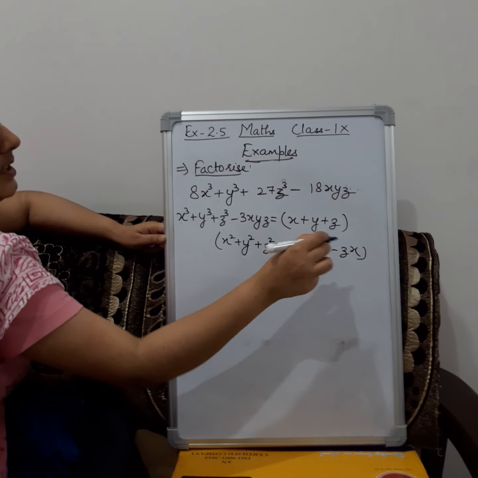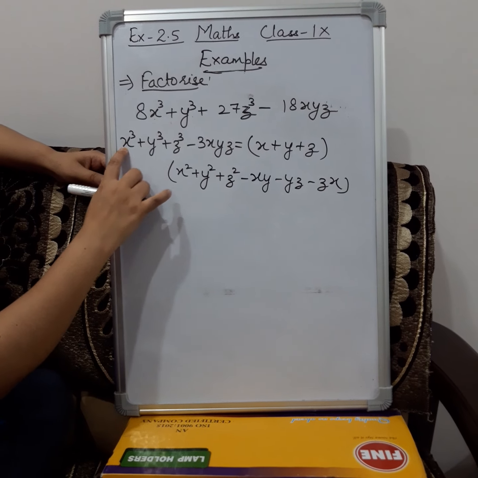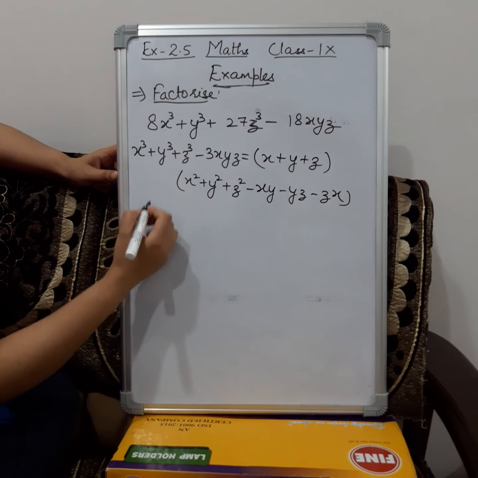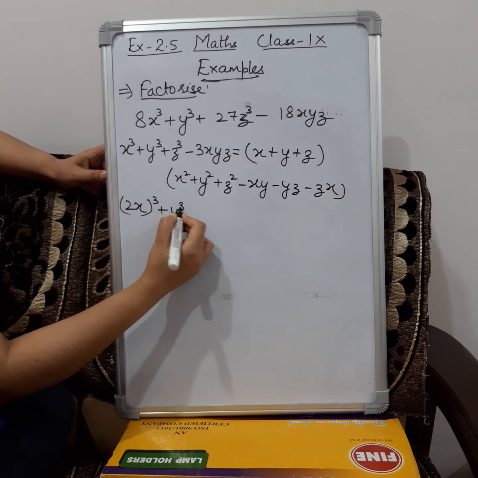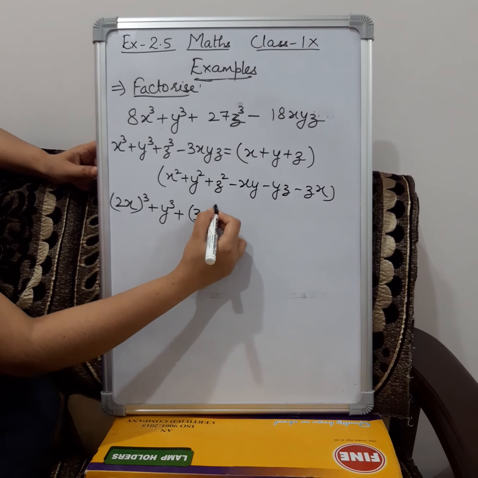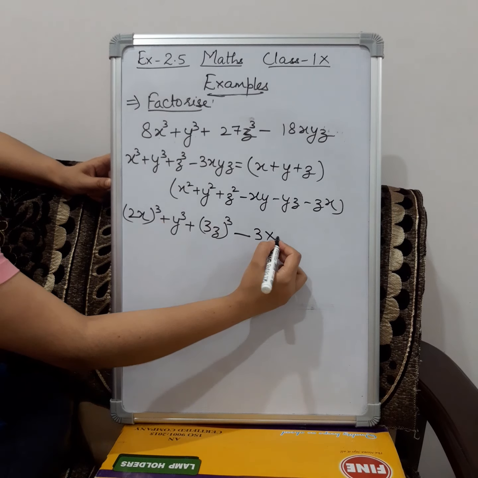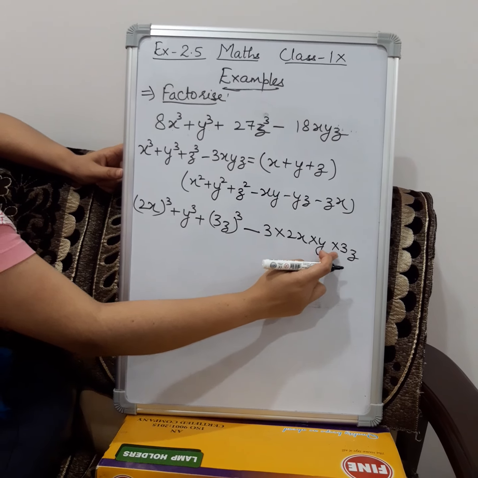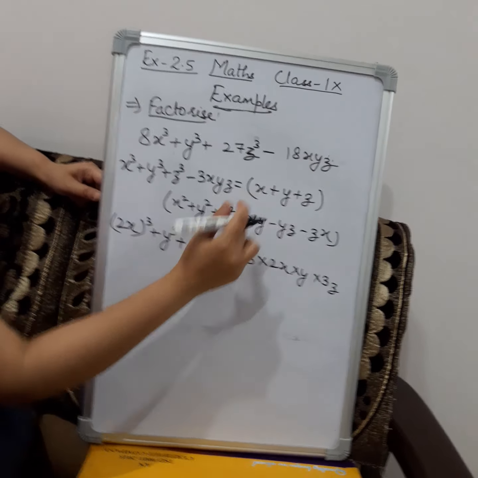Now the right hand side already has two brackets in product form, means these two are the factors, and this form of the question is given. So first of all I will convert this into this form. 8x cube means (2x) whole cube, y cube means y cube only, and 27z cube will be (3z) whole cube, and minus 3xyz should be there. So 3 times 2x, y, z. We can check, are we getting it? 3 times 6 is 18. So the same thing. Now this is equal to this.